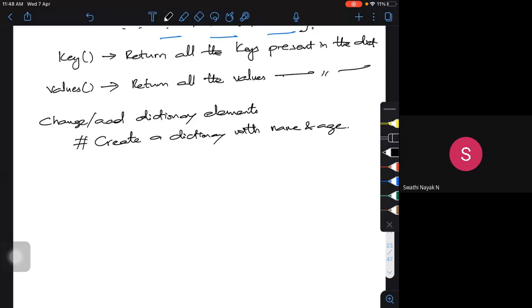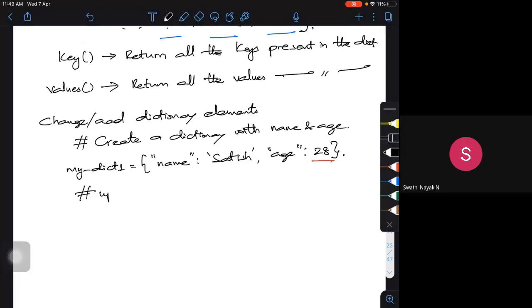Let me call it my_dict1 is equal to, name, let me call it Satish, this is the name of that particular person, and age, some 28. I have created a dictionary. Now I want to update the age here. So what can I do? Let me try this.